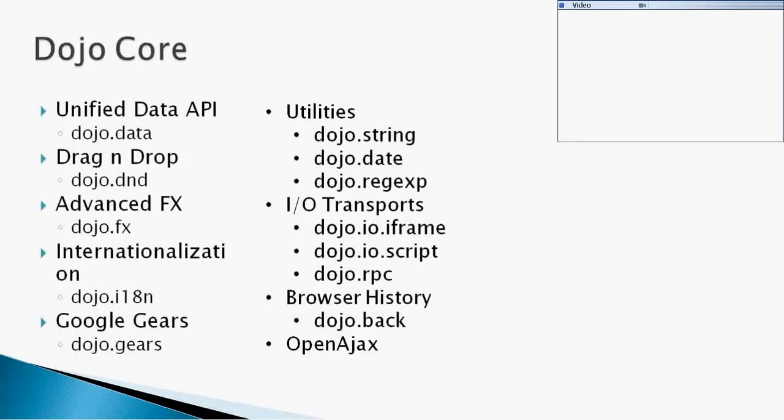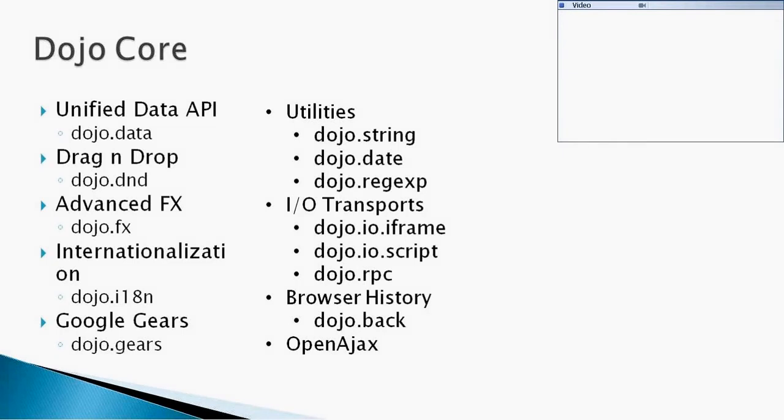Okay, so let's talk about Dojo core. Here we don't go deep into any of these things. These are the extra things which are available inside the Dojo core. One is the data API, which is very handy when you deal with data sources. For example, you created some widget, let's say a grid list, where you are showing a lot of data in tabular form. To handle that, you can use this API, which can work as a backend for that particular